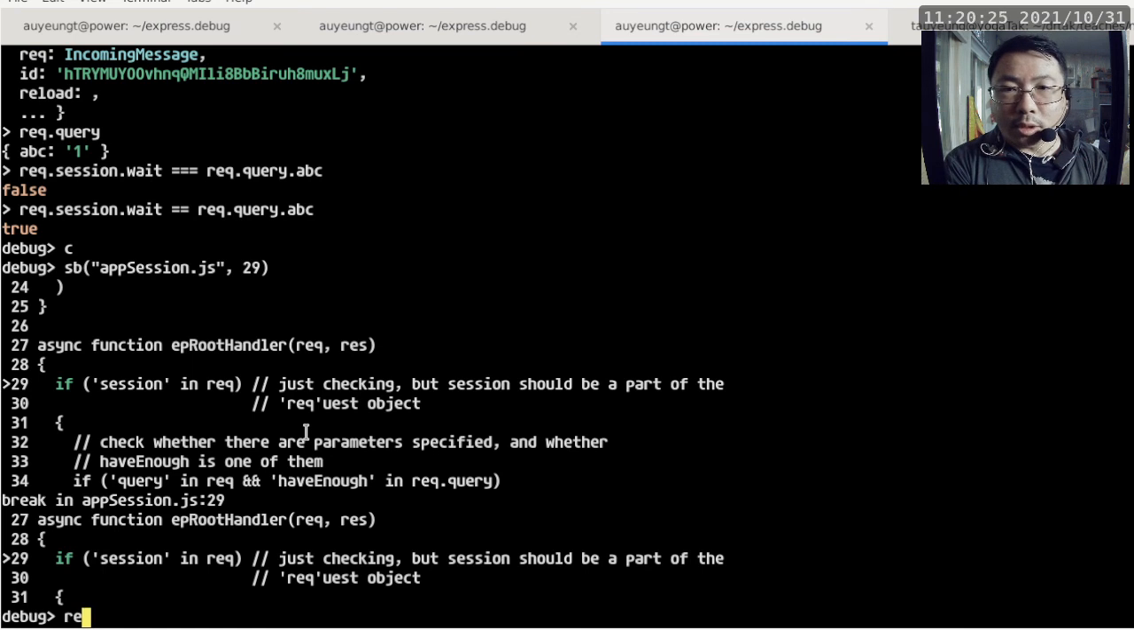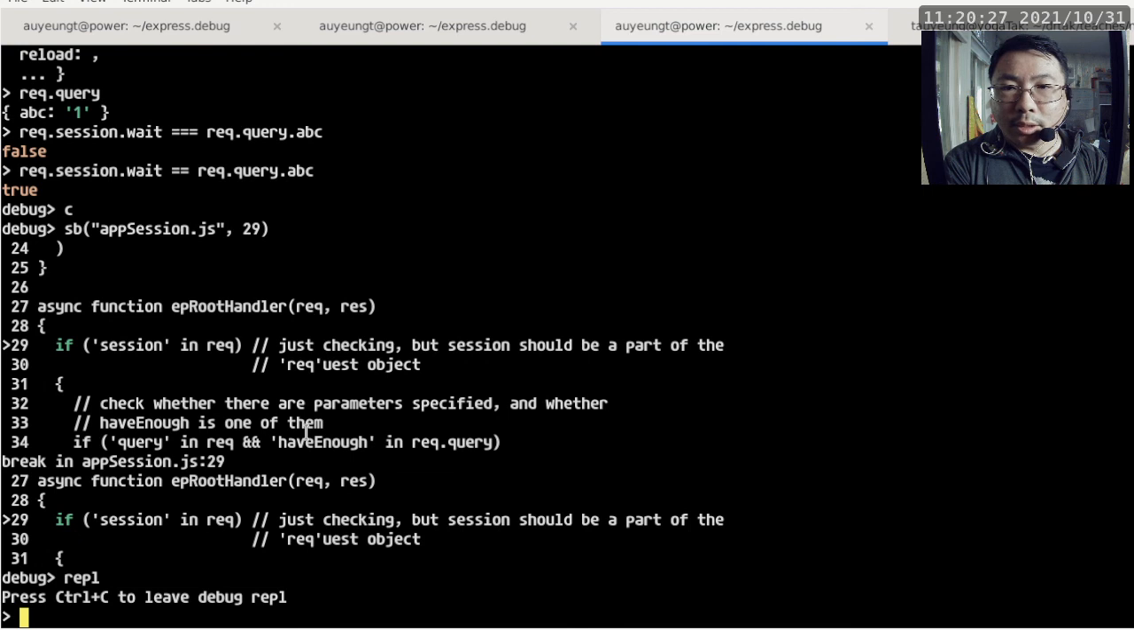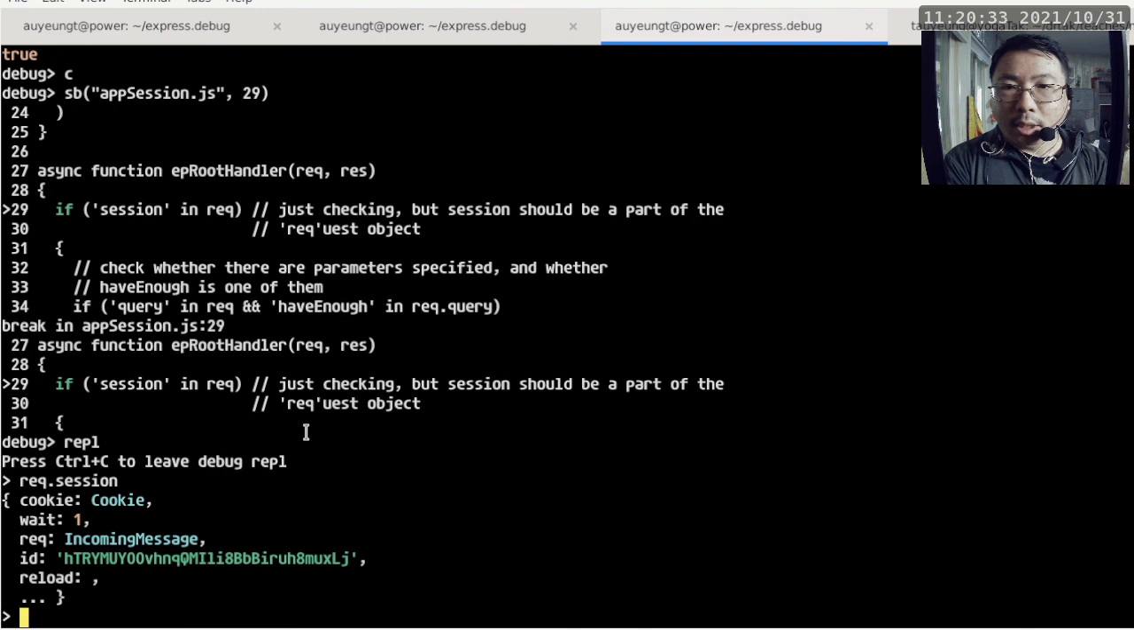We can do a REPL just to make sure whether the request has a session or not. So we ask request.session. What is it? It's at least not undefined. It's not false. It is here. Okay, so that's good. We get out of REPL, and instead of using continue, which executes the program at full